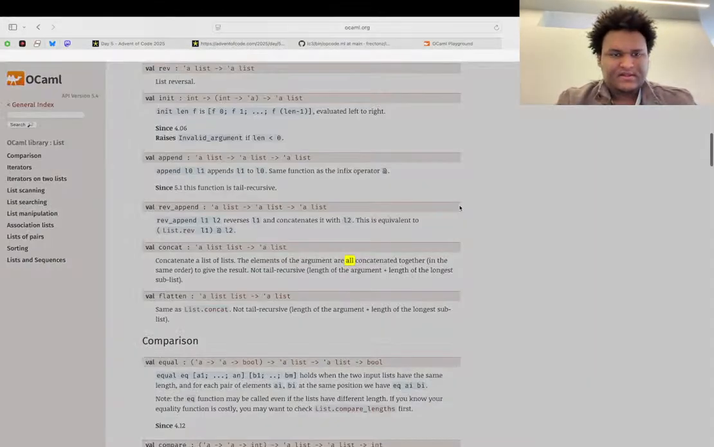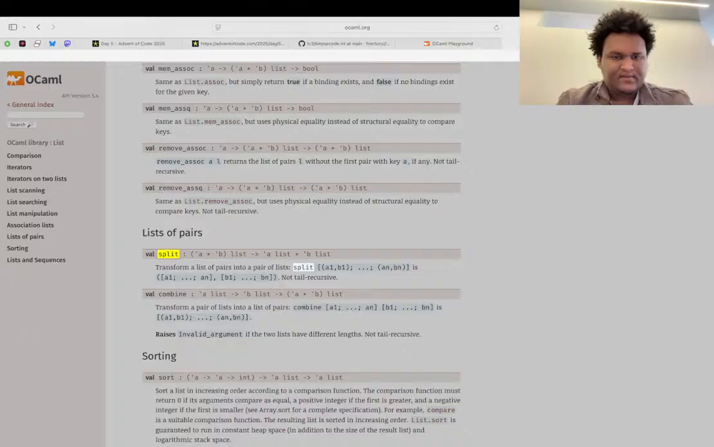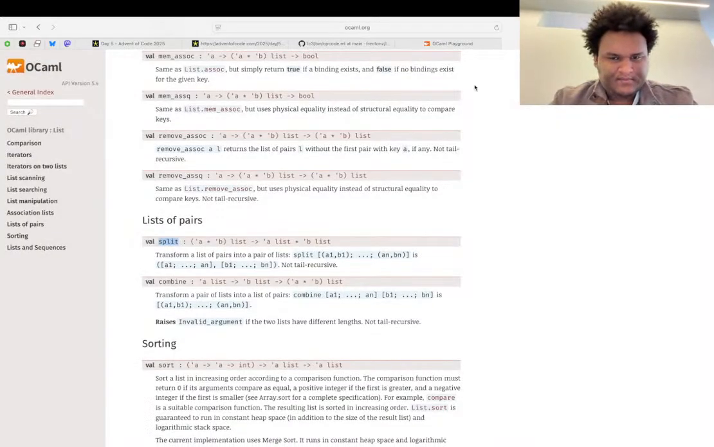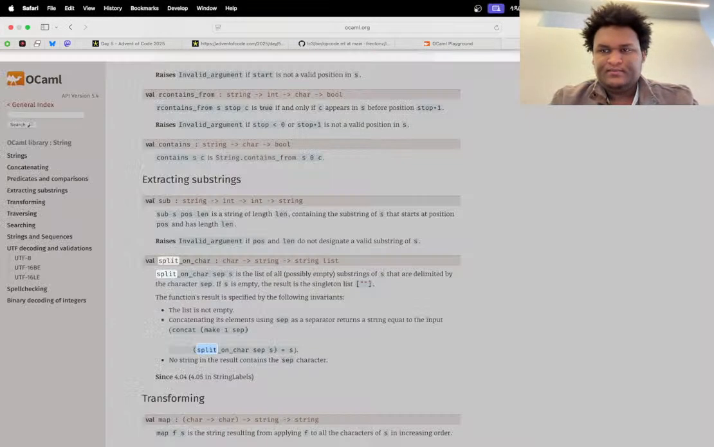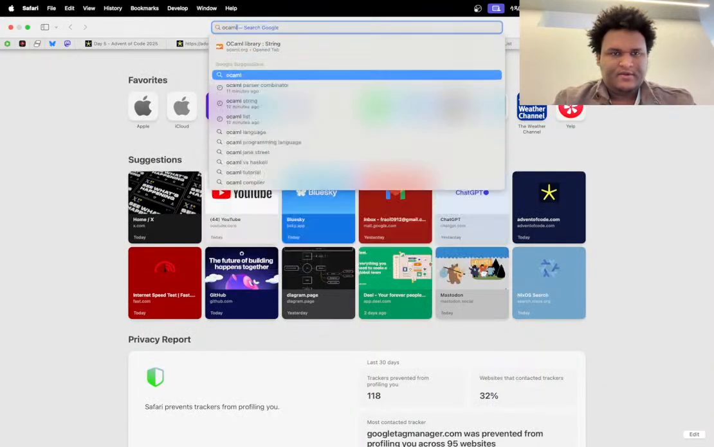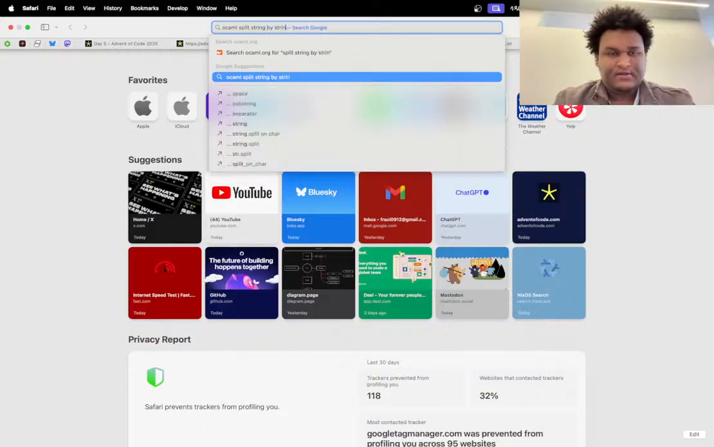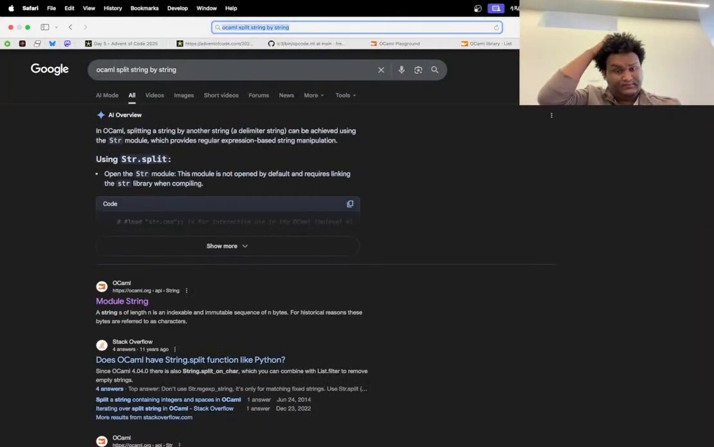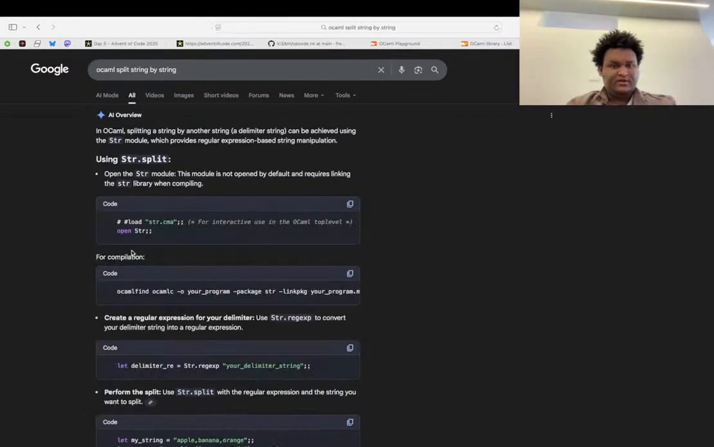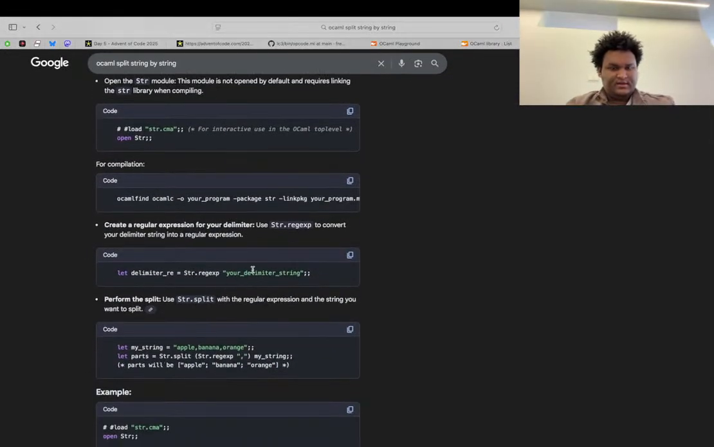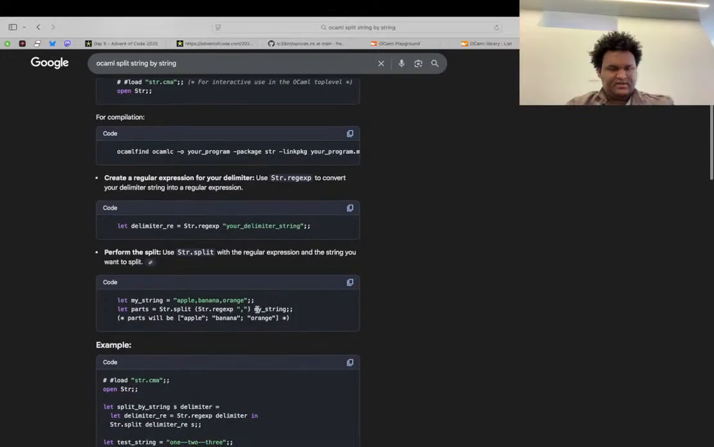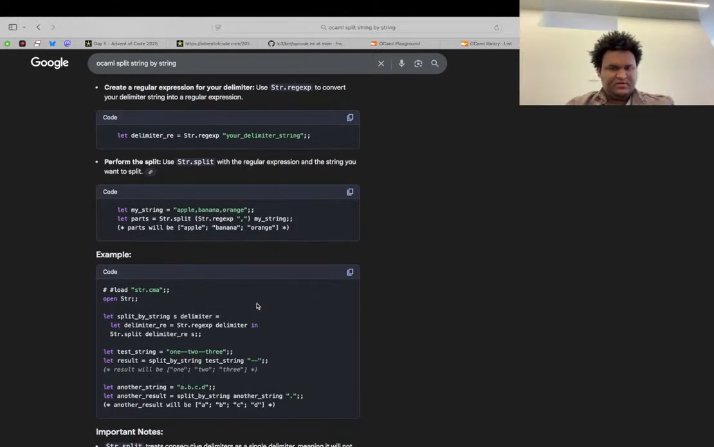Or is there a list dot split? No, it's not it. Okay, OCaml split string by string. Yeah, Str dot split. And then it's like a regex, a regular expression. Whoa, okay. So we need to do this,